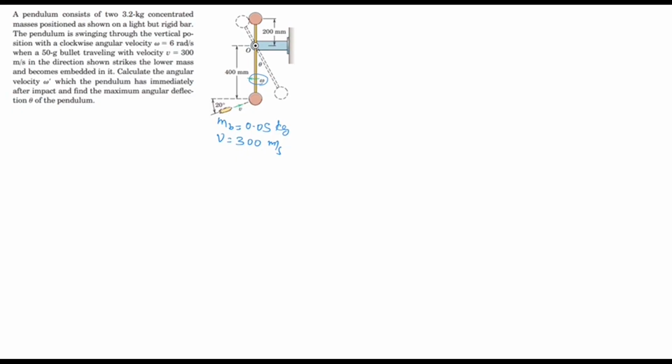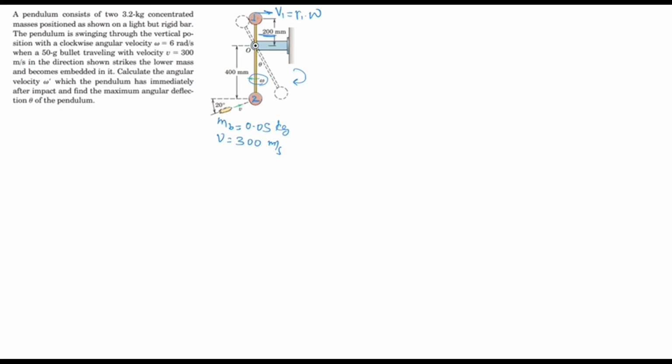So let's evaluate V1 and V2. We know that since it is rotating in the clockwise direction, at the moment of impact, let's say this is particle 1 and this is particle 2. So particle 1 will have a velocity in this direction. So V1 is equal to R1 times omega. R1 means just the distance from the center to this,